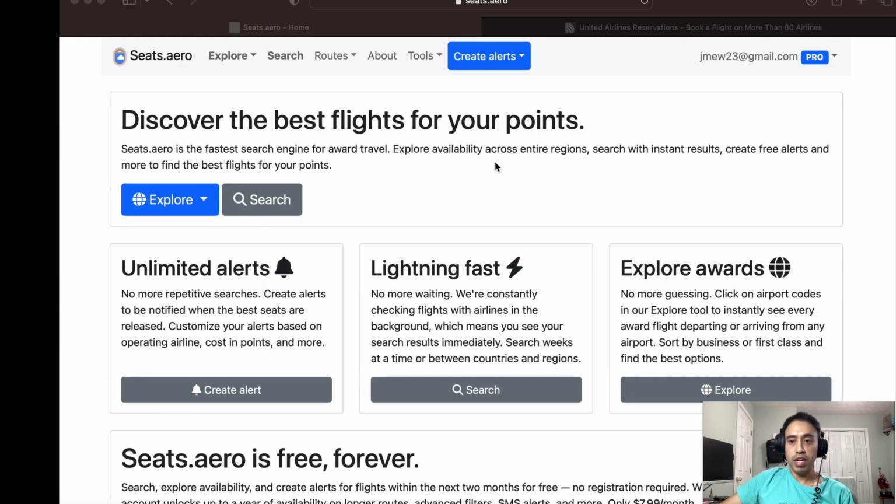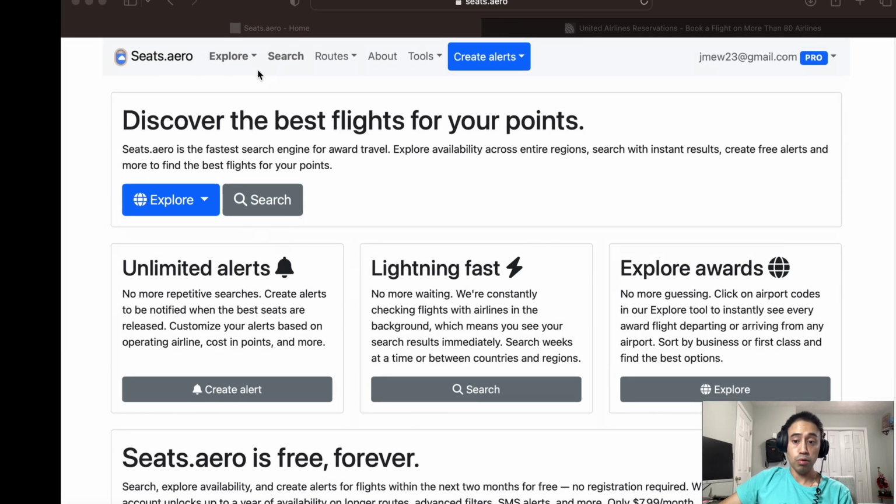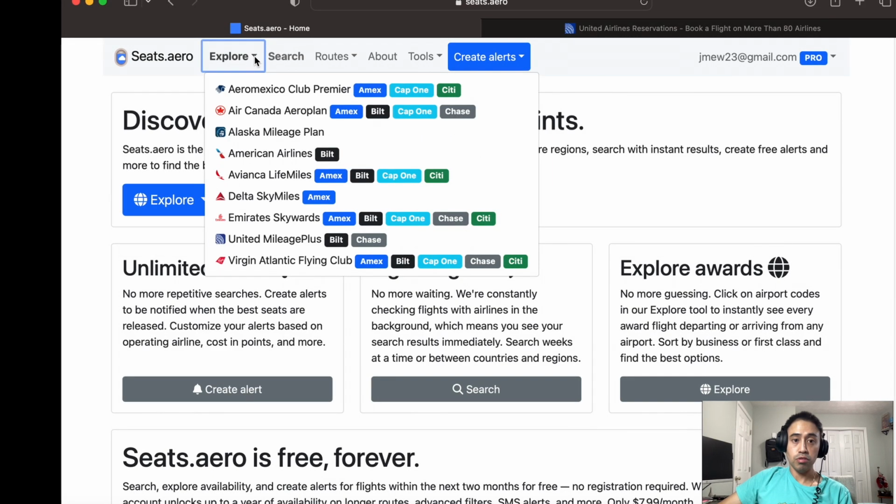So we'll start with each of the tabs here. I do have the pro version. Obviously I could take out but for this one, we'll start on the left here. We've got the Explore tab. And here we go. So as we hit the drop down, this is kind of your master where it shows